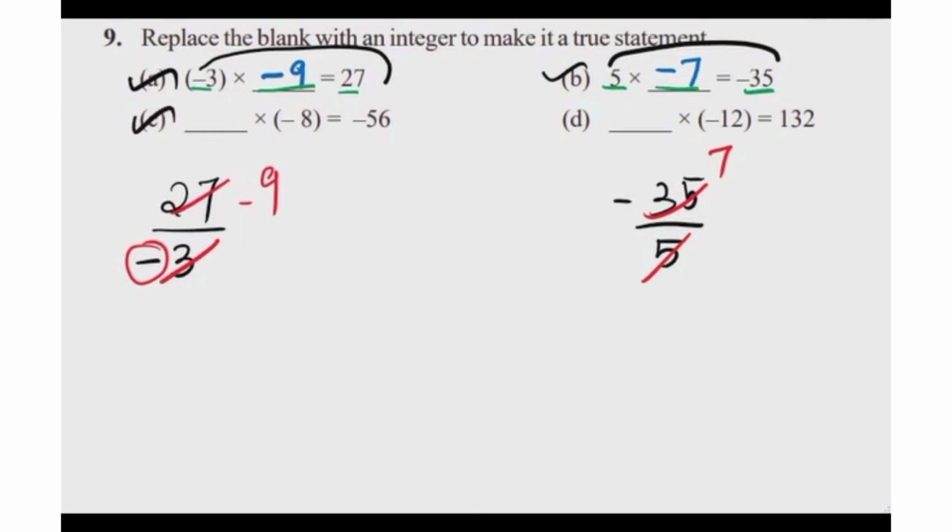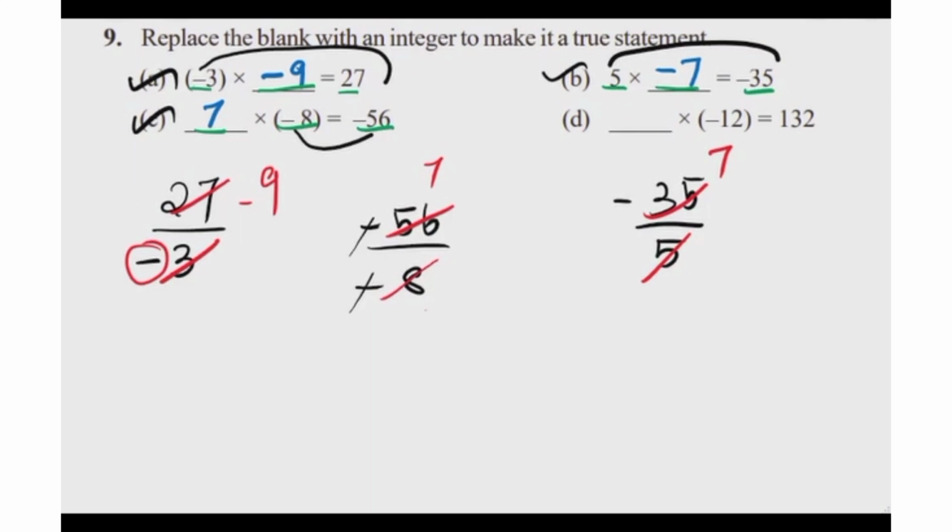Now we can move on to C bit. Dash multiplied by minus 8 is equal to minus 56. If I bring this 8 to this side, I'll get a division symbol, right? So minus 56 divided by minus 8. The minus signs cancel, and 8 ones are 8, 8 sevens are 56, right? So our answer here is plus 7. You can just multiply and see: 7 into 8 is 56, and I am having a minus symbol, so minus 56. I hope you got it. Our answer is right.